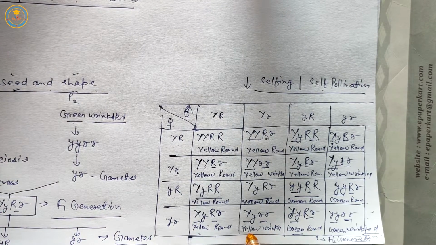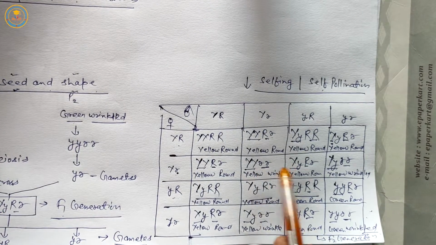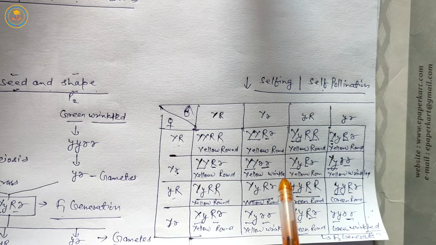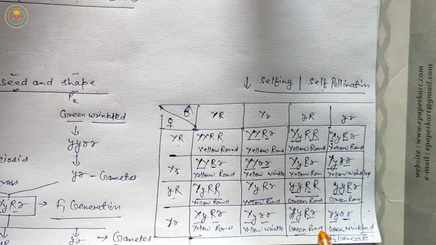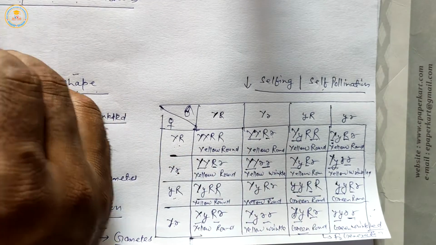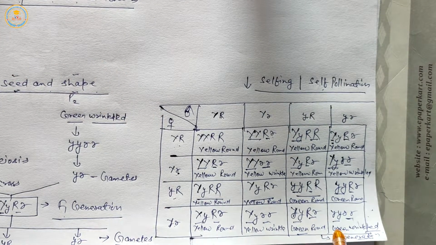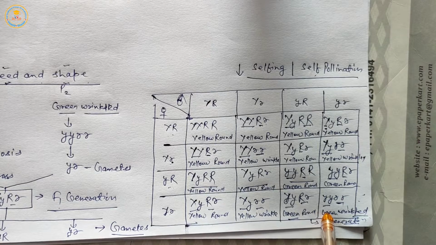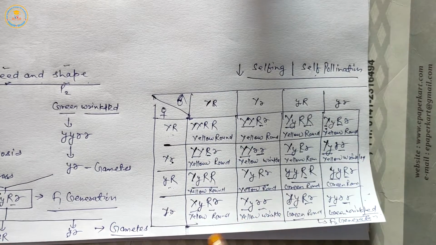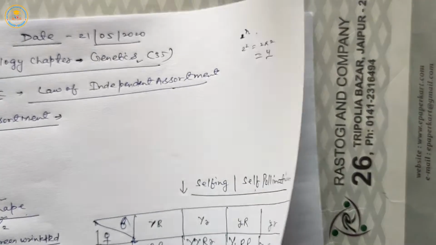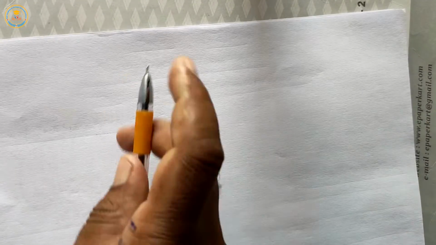It means 3 plants are formed in the F2 generation of the law of independent assortment. And third, yellow wrinkled: 1, 2, 3. Only 3 yellow wrinkled plants are formed in the F2 generation. And last, only a single plant, green wrinkled, is 1. It means the phenotype,